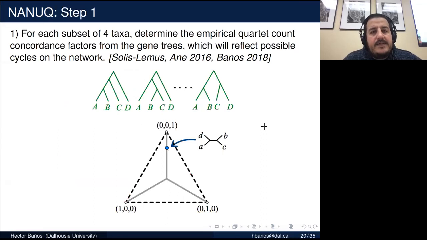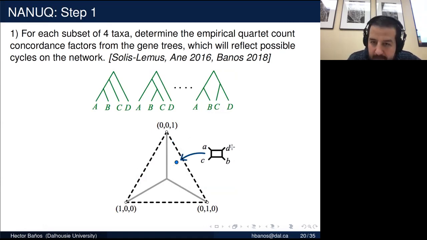The first step of NANUQ is, for each subset of 4 taxa, determine the critical quartet count concordance factors from gene trees. As mentioned, this will tell us whether we have a 4 cycle or not. You take your gene trees, and based on that, you look at the quartet frequencies for each of the quartet topologies, and that will give you a point in the simplex. Now, because we're working with data, if your point lies on this line, then you know that you don't have a 4 cycle, and you know some of the structure, and if you lie outside, you know that you have a 4 cycle, and